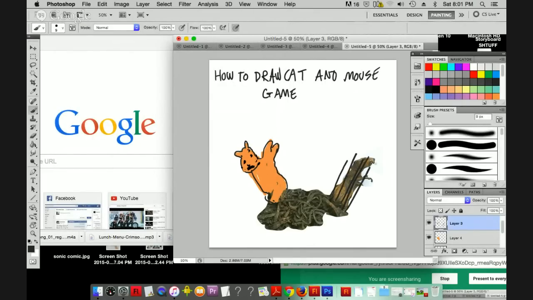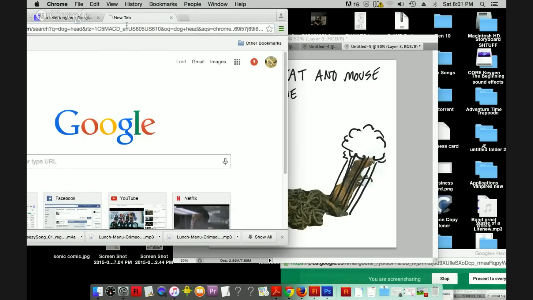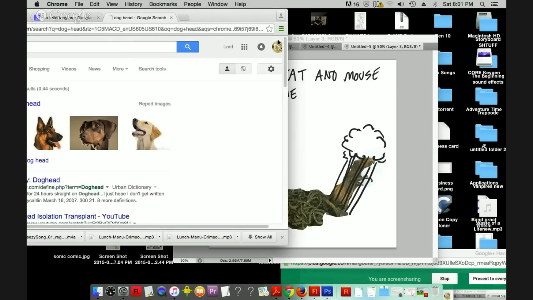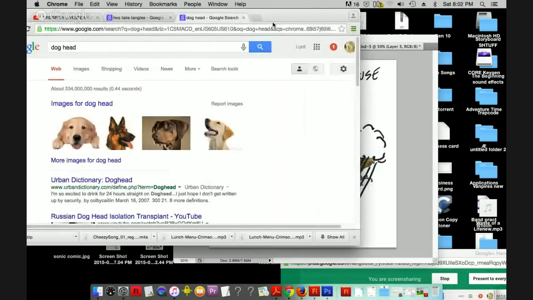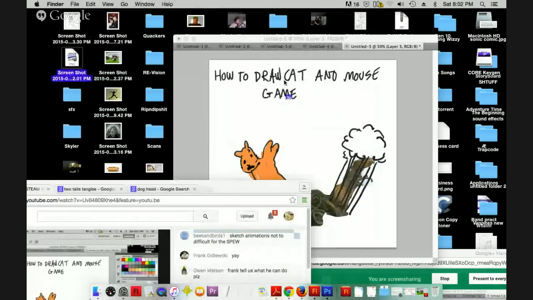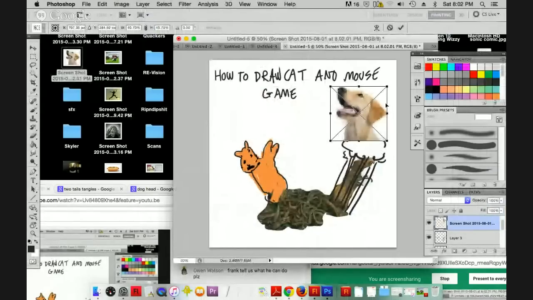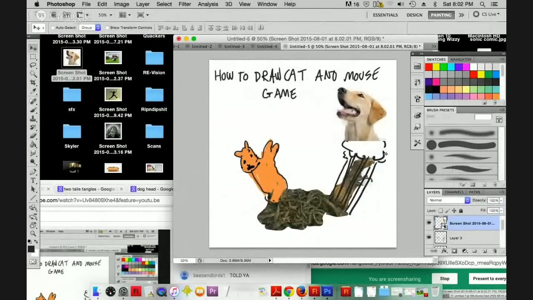four bean sprouts, one stalk's length, and then one stalk's length, and then you draw kind of like a cloud, or a tree, at the top, and then you look up a dog head because I don't know how to draw a dog head, and you capture the dog head and you drag them in on top, and that's pretty much how to draw a